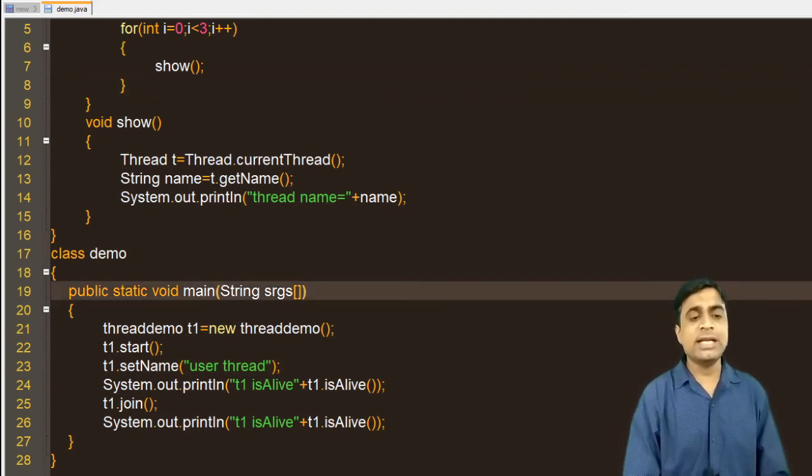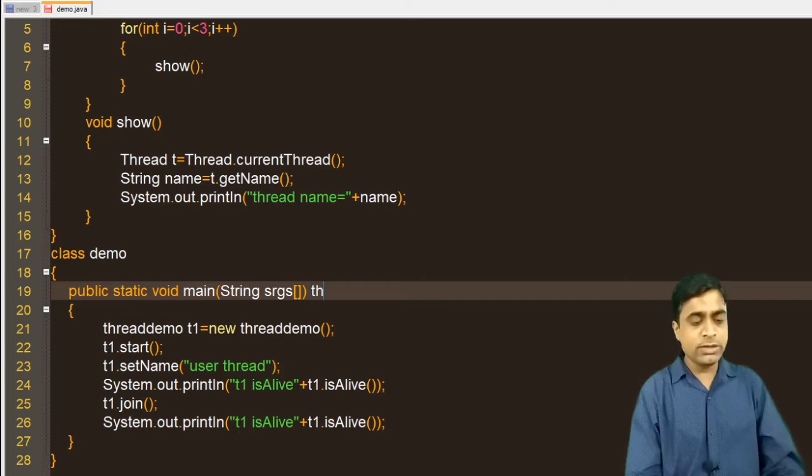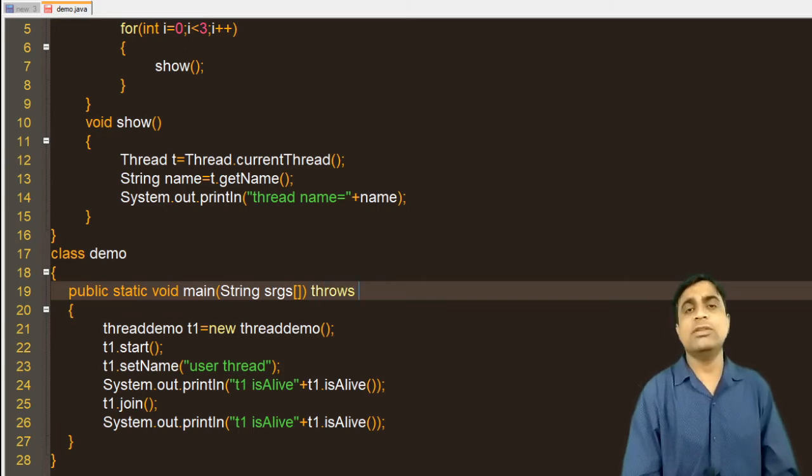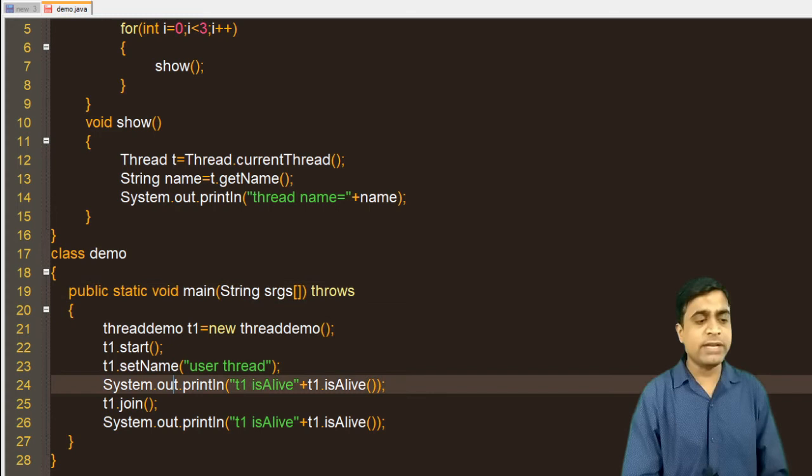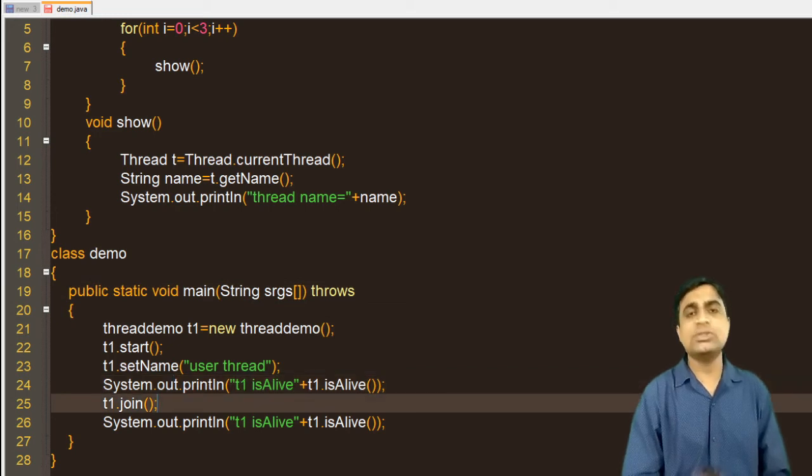So here it tells us that we are using the join method and we are not handling any type of exception, because there is a chance of generating an error. So we need to use the throws keyword here. Either you have the option, wherever you are using the join method, just use a try catch block and you can handle it. But in exception handling, I have already told you the exact use of throws, and I will explain it in the thread.